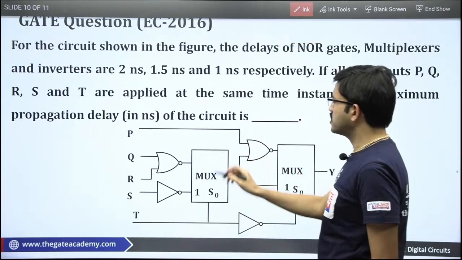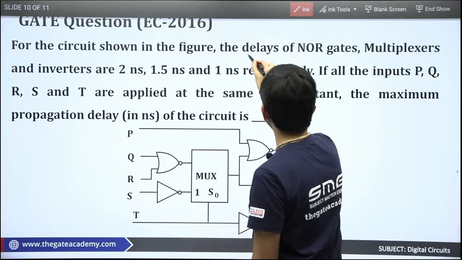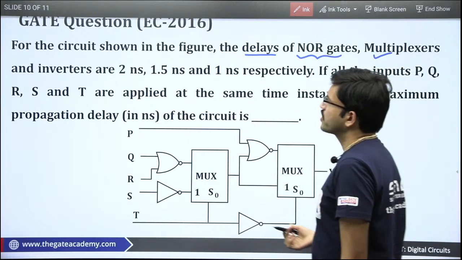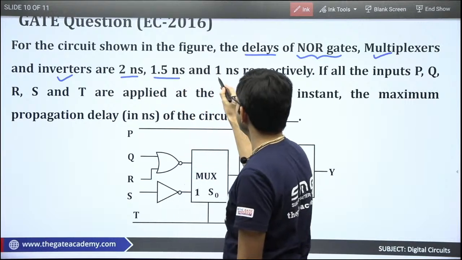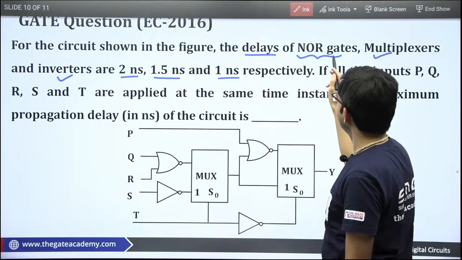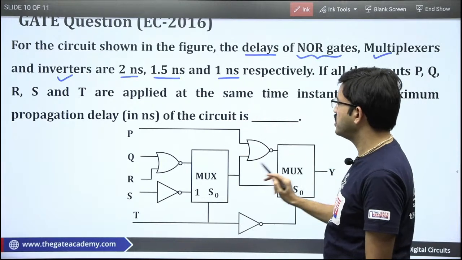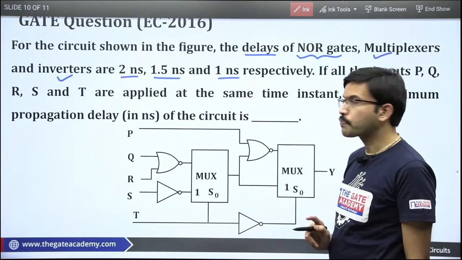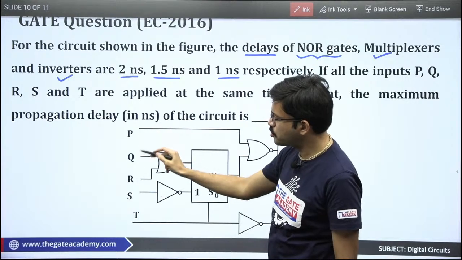So they have given the circuit diagram like this. They have mentioned the delays of NOR gate, multiplexer and inverter as 2 nanosecond, 1.5 nanosecond and 1 nanosecond. NOR gate delay is 2 nanosecond, mux delay is 1.5, and inverter or NOT gate delay is 1 nanosecond. Here you are having 5 inputs P, Q, R, S and